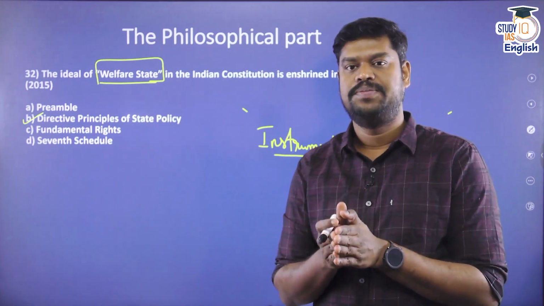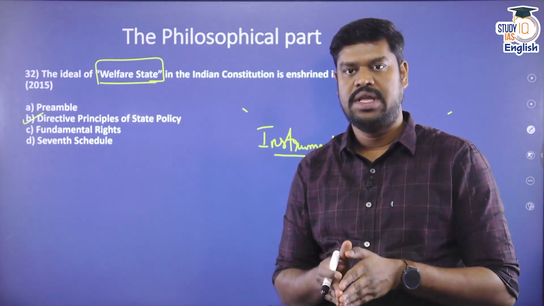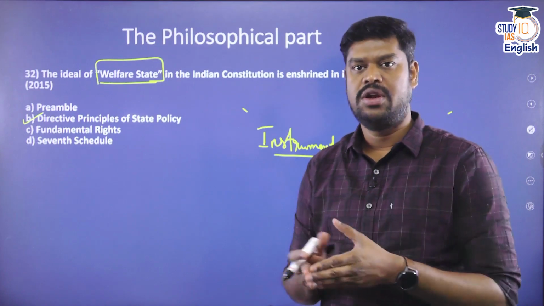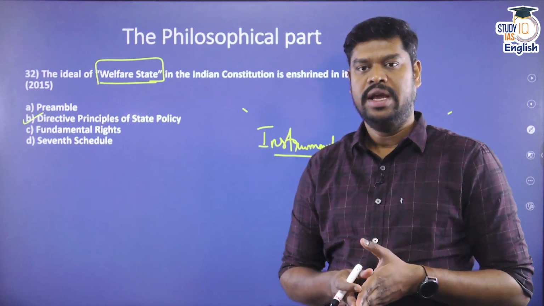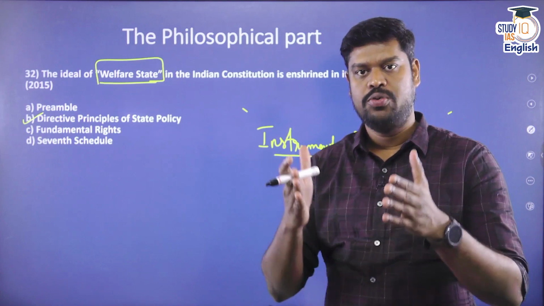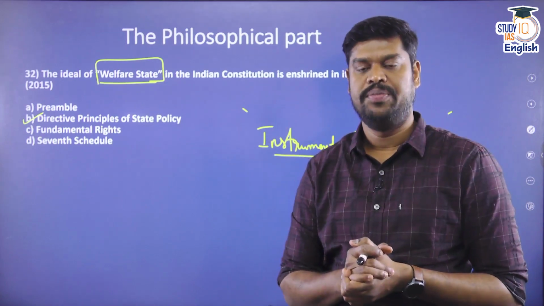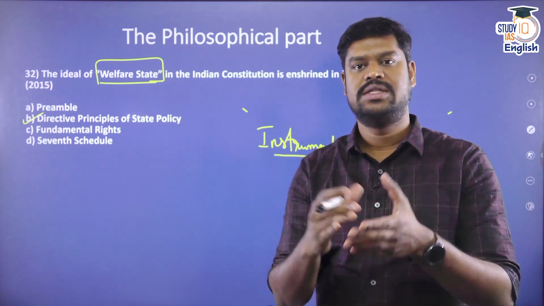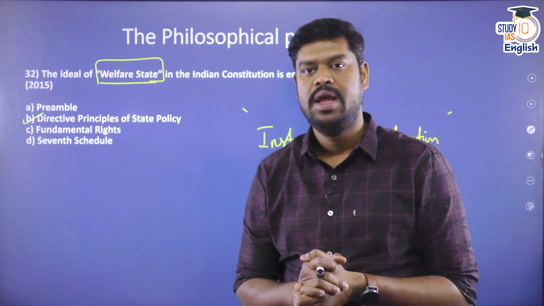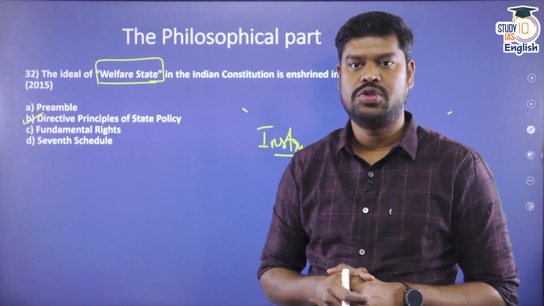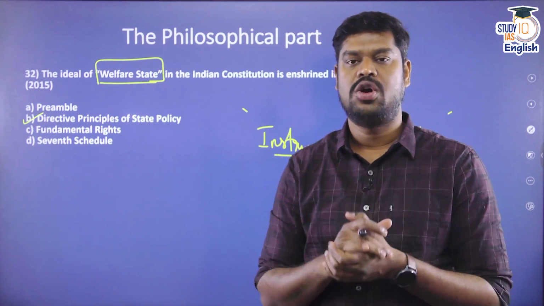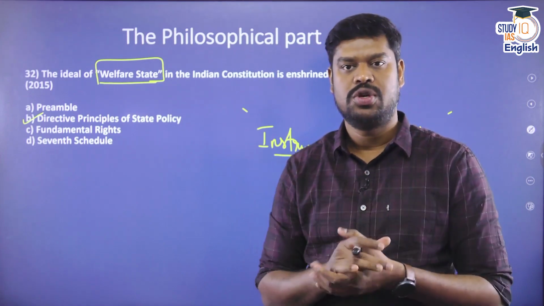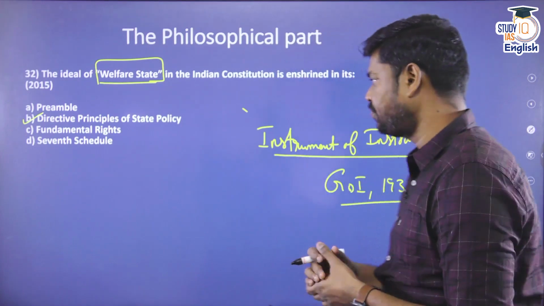On 13th December 1946, the objectives resolution was introduced in the Constituent Assembly by Pandit Jawaharlal Nehru. And what is this objectives resolution? It is a philosophical framework as to how the future constitution of India has to be, and what values it has to carry forward. Later this objectives resolution was modified and placed as the preamble to the Constitution of India, which India has adopted and accepted, and it came into force on 26 January 1950.